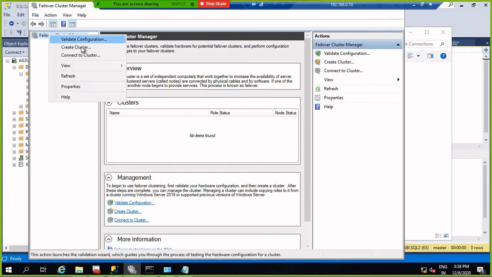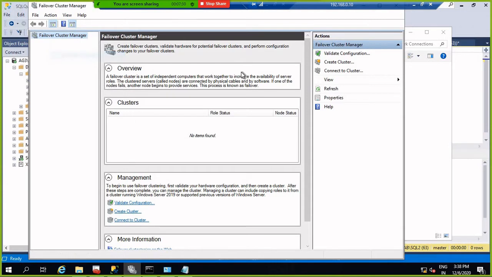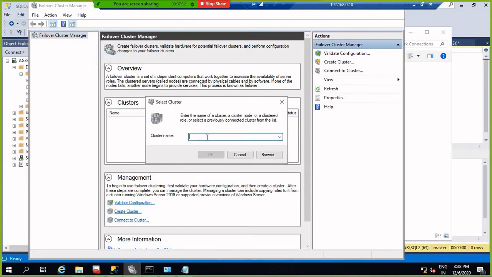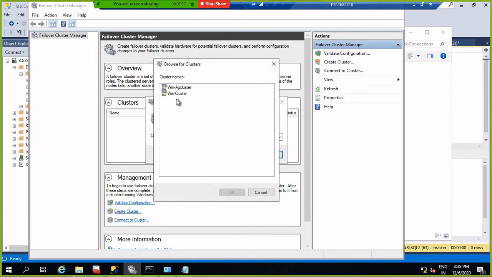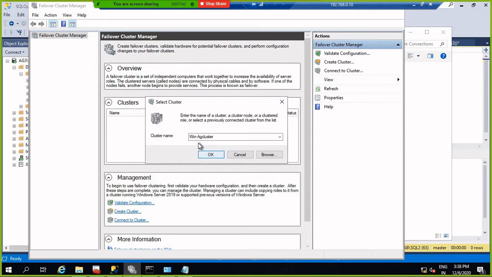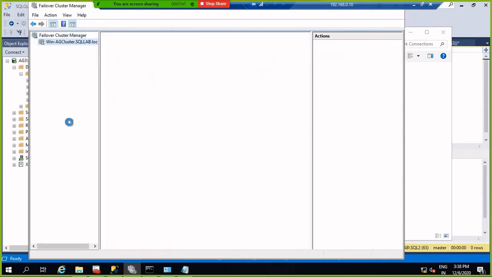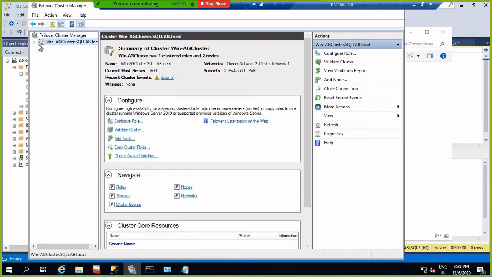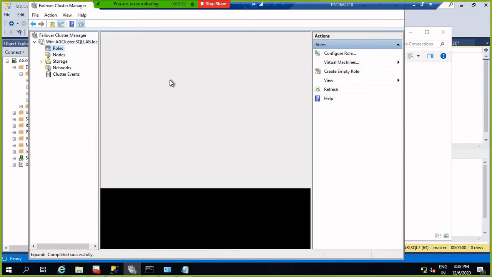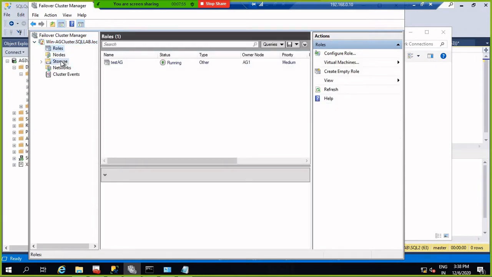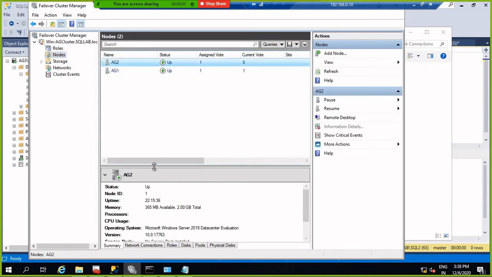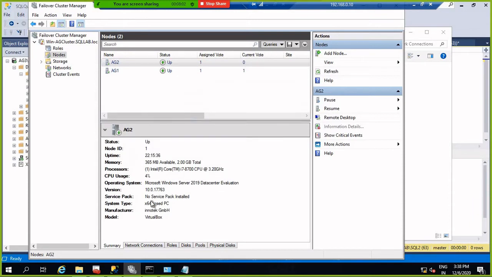Now first connect to the cluster; you can find the cluster name here. It's the WAN AG cluster, so just connect to it. Here are the two nodes.